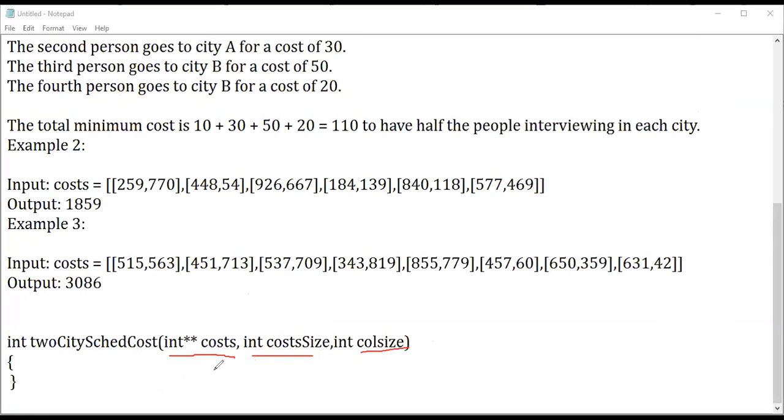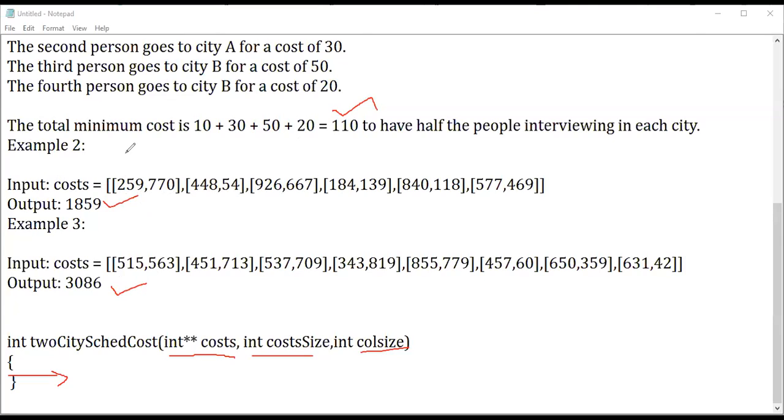What is the task I have given you? Try to fit the logic inside this. This logic that I explained, you can check with the other two examples also. Here they have given the cost. You can take the minimum cost for each and every ith person and do the summation of it. You'll get this as your output. The logic is very easy, like traversing the complete array and taking the minimum cost for each and every travel.